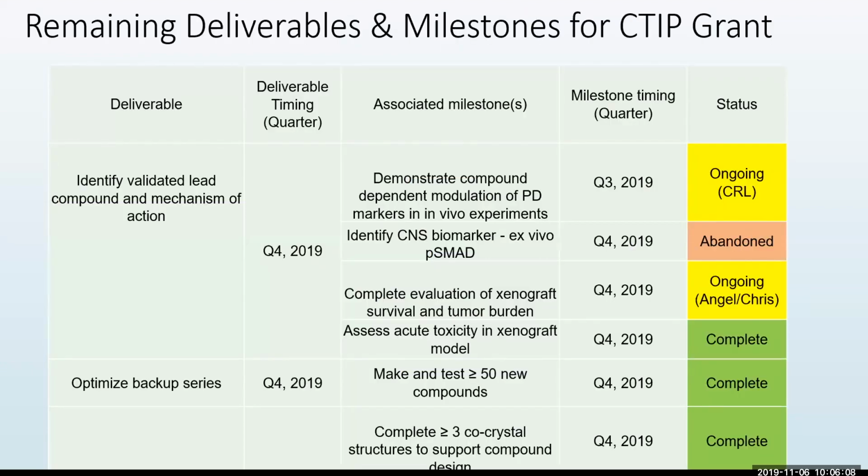So what I thought I'll do, last month, just to give the group an update, we're in the final phase of addressing some of the actionables for the CTIP grant. And so I thought I'll just do a quick summary of some of the actionables that were left the last time, and we're actually approaching them. So just to remind people,